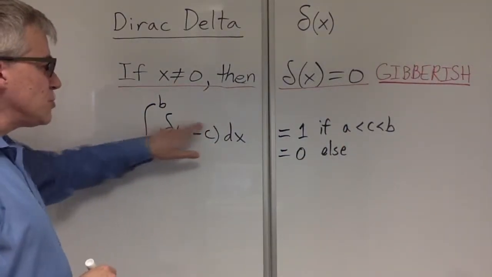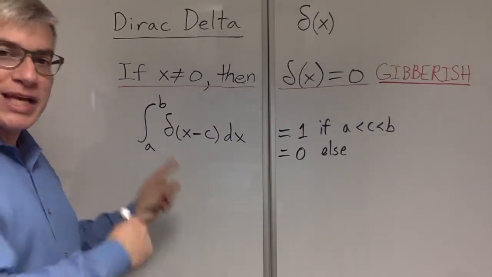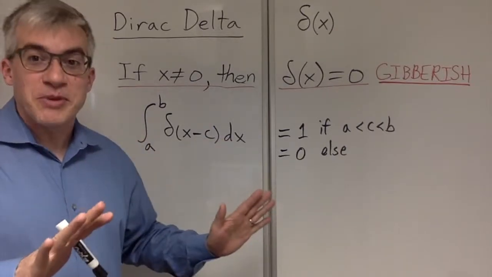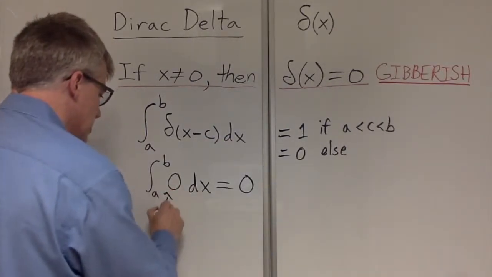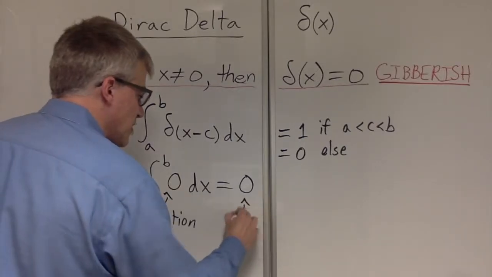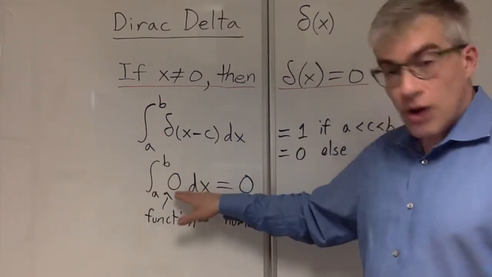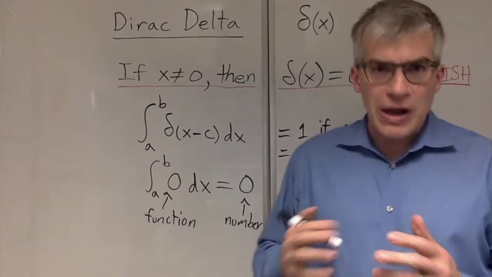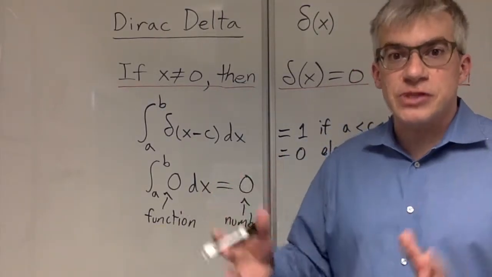What does this have to do with it, quote, being 0? It means if you were to take the 0 function, 0 the function, not 0 the number, and integrate it, you get 0. This is 0 the function. This is 0 the number. This thing has a graph. It is a horizontal line on the x-axis. This thing is just a number. That's one of the problems they have, is they are constantly confusing different kinds of 0